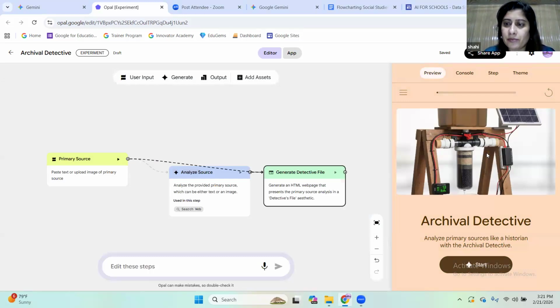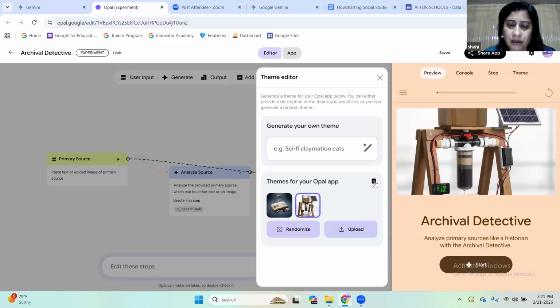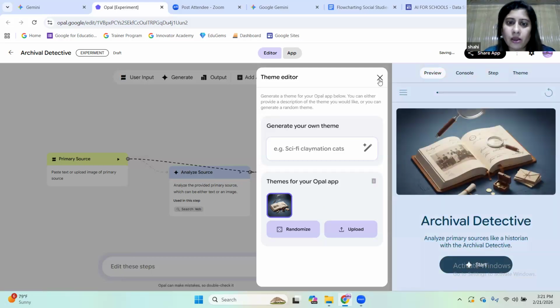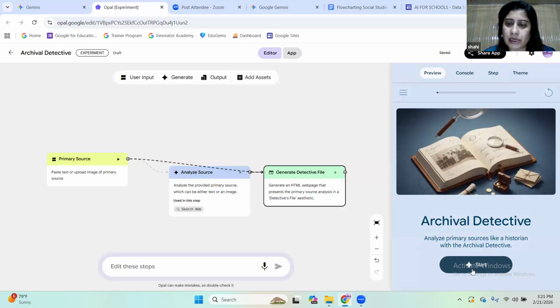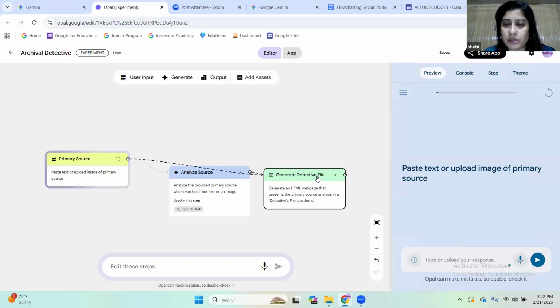So I have changed it. And if I don't like it, I can go back, simply click it and delete it. There you go. So that's how it looked. So I want to test it. For example, I have made a small change. Before I go, one more thing is possible with the output.